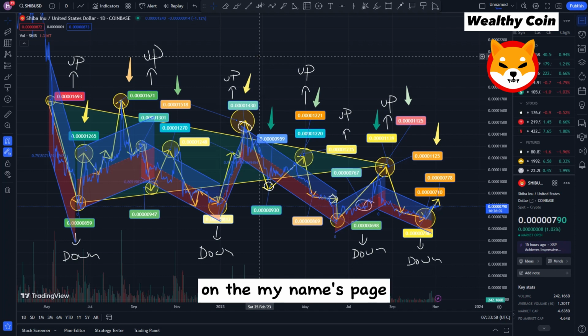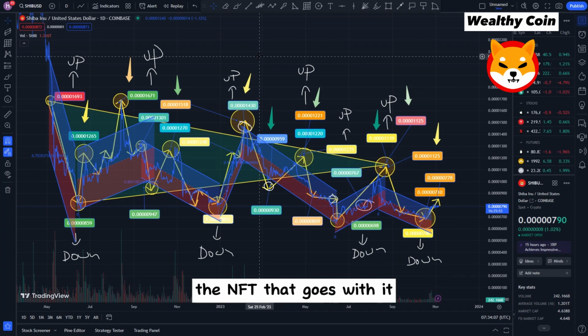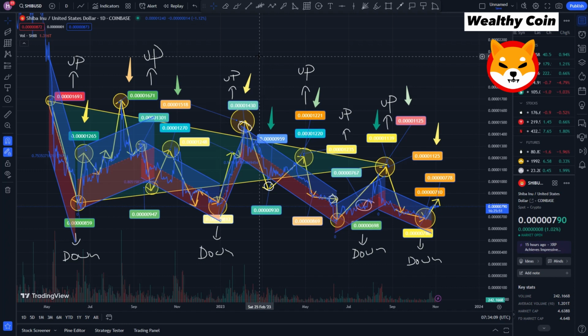Seven, look at your names on the My Names page. You can see all the names you've bought. If you click on a name, you will see more information about that name, the NFT that goes with it, and the transaction data. Please keep in mind that the IOU you have now is just a placeholder